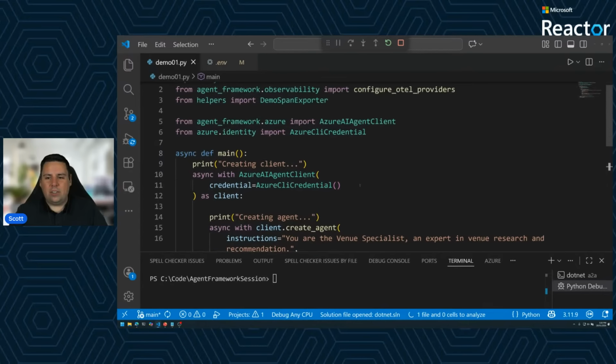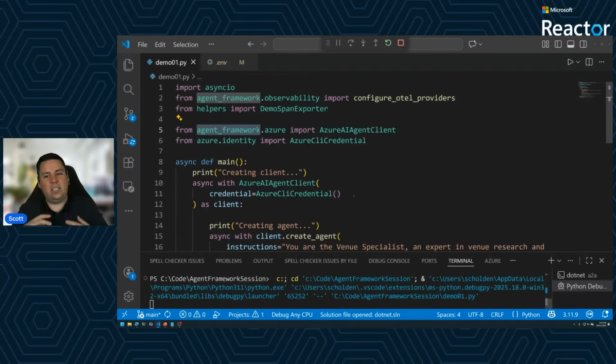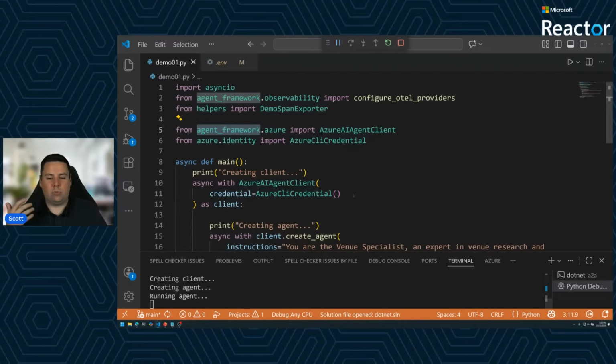The other thing I'll note here is that when we begin to look at all of this, it does all sit within the agent framework. You'll notice here I've got agent framework.azure, agent framework.observability. There are a lot of different packages inside of agent framework that allow you to pick and choose the pieces you'd like to use. If you prefer to talk directly to OpenAI's models rather than going through AI Foundry, there are packages that allow you to do that. Vice versa, if you just want to talk directly to an LLM rather than building up an agent, there are chat clients built into Agent Framework. I kind of think of Agent Framework as the tool I reach for by default, rather than including a large language model's client directly.